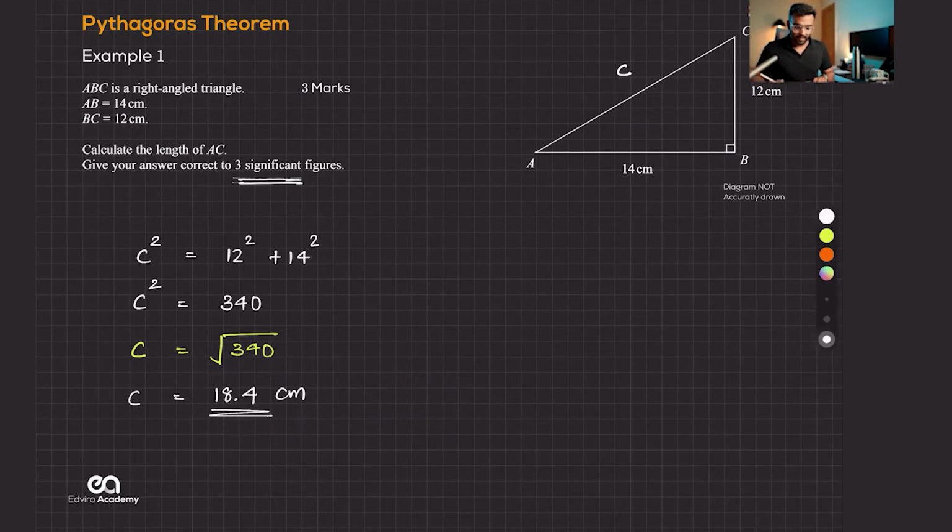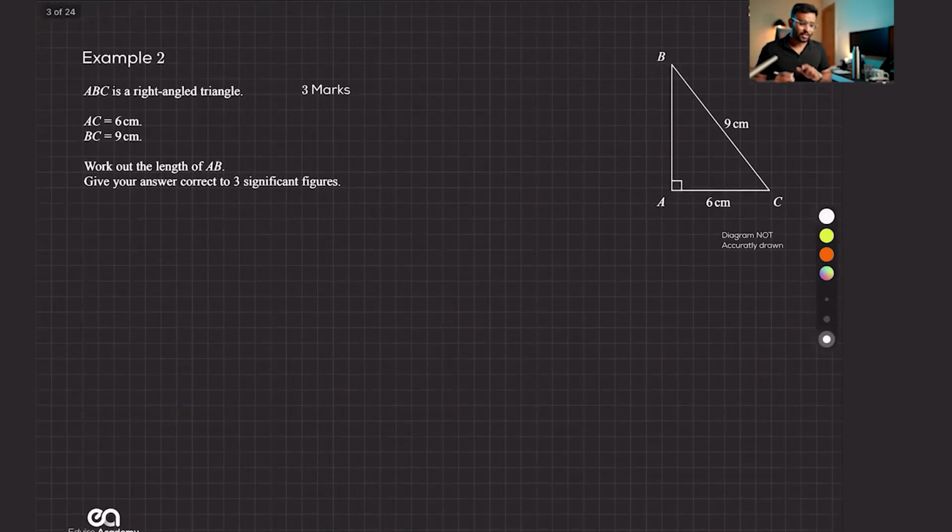Quite simple. Next question. This is slightly different, but still we got to cover it. Here, the missing side is not the longest side, isn't it? Yeah, it is not the longest side. Good, Aditya. So what we're going to do, you need one step. You see, this is a 3-mark question. I know you guys are very clever. You can type this into your calculator and come up with the answer, right? Risha has already come up with an answer. Darren, thank you. But you need the steps. In maths, we need the steps.